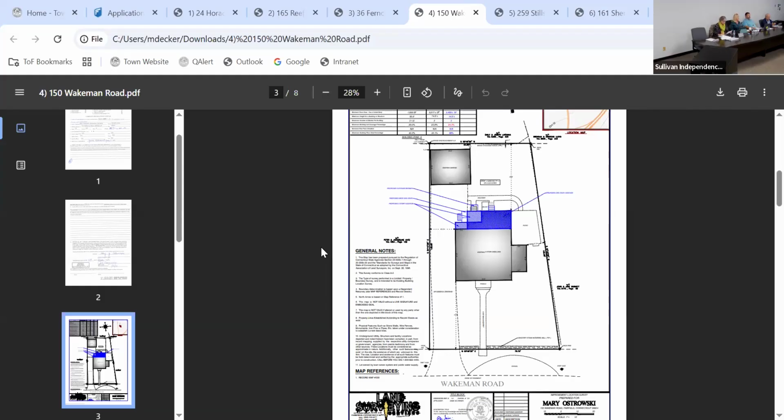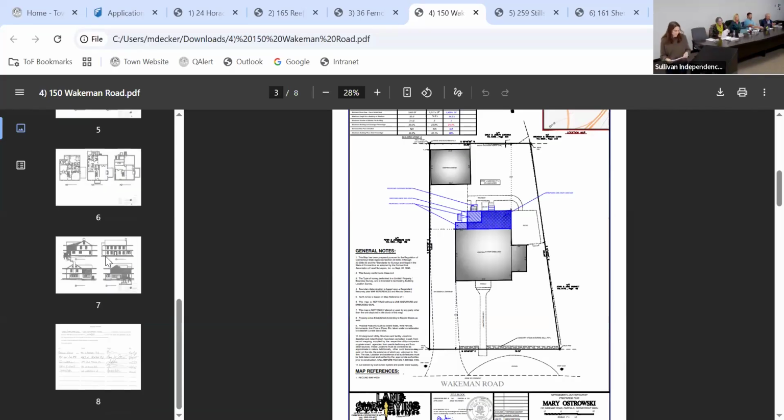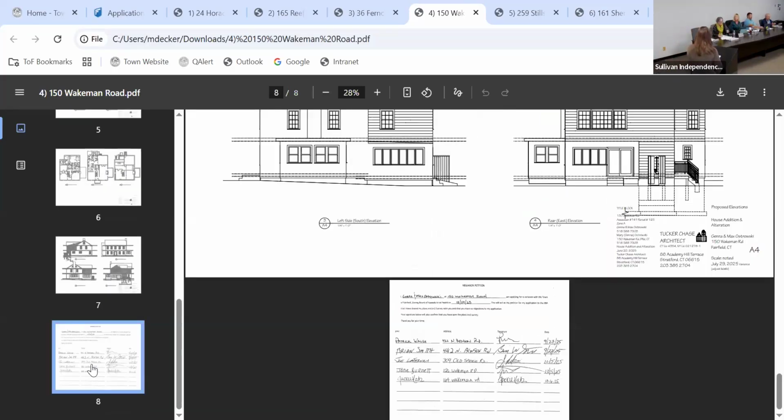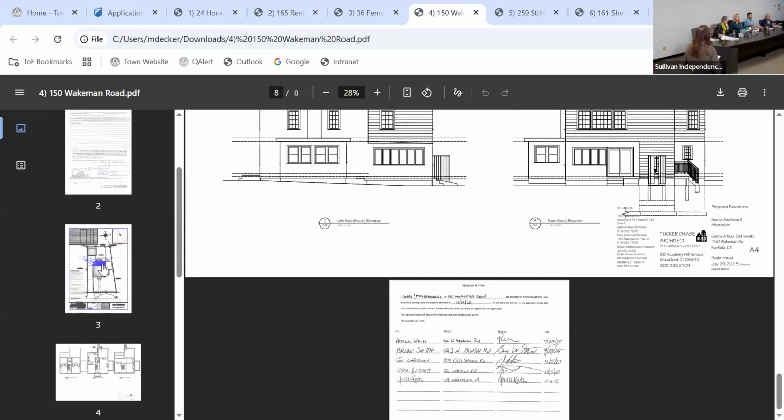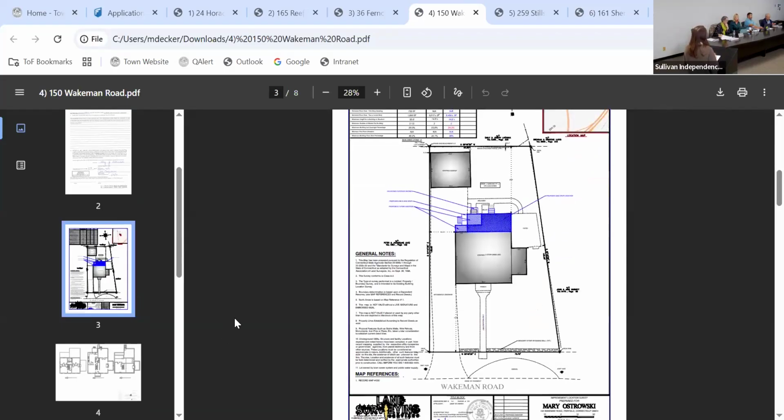I submitted my petition earlier, hopefully. Good afternoon, members of the board. My name is Mary Ostrowski, and I reside at 150 Wakeman Road with my husband and 3 young daughters.